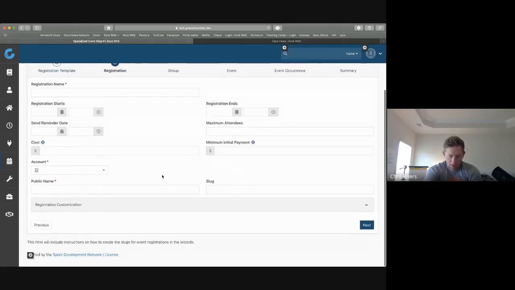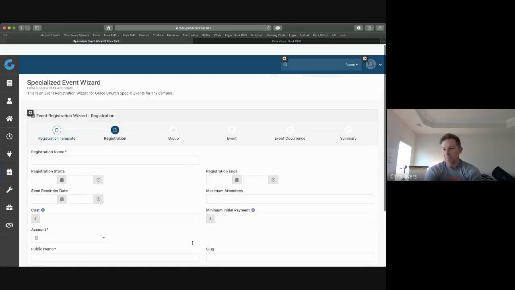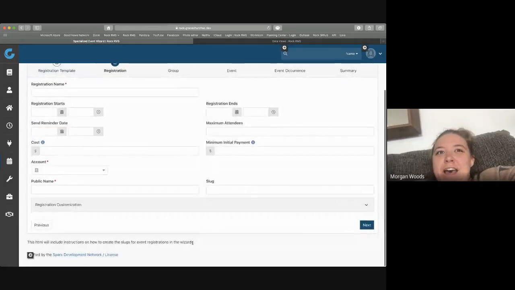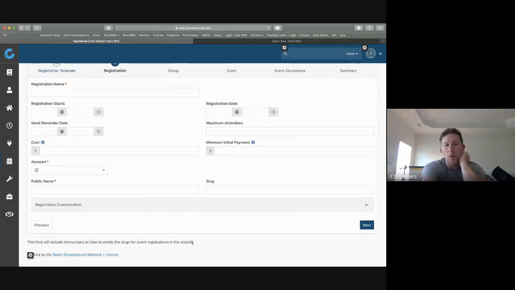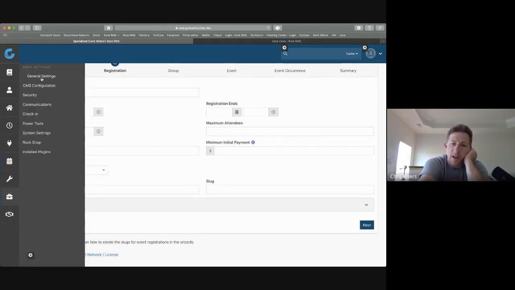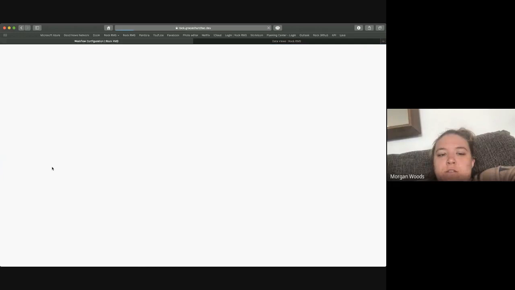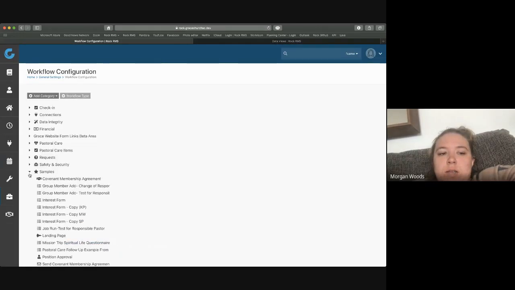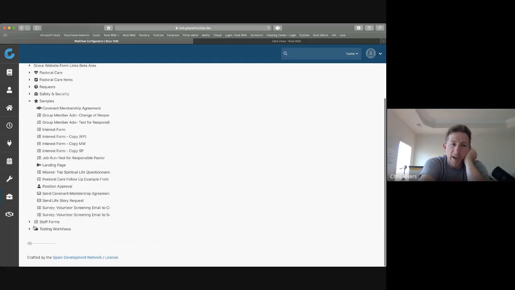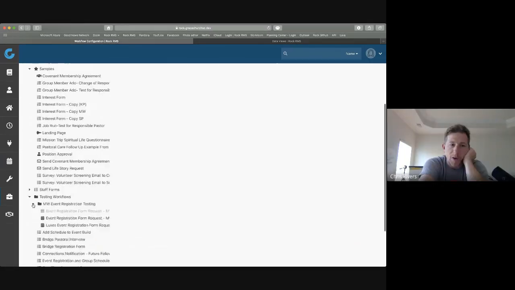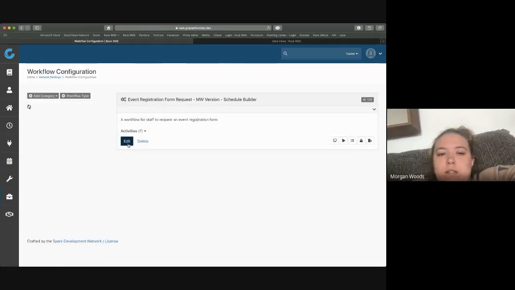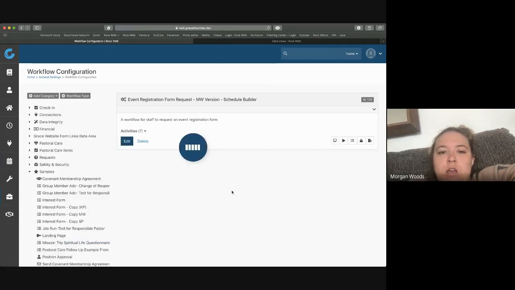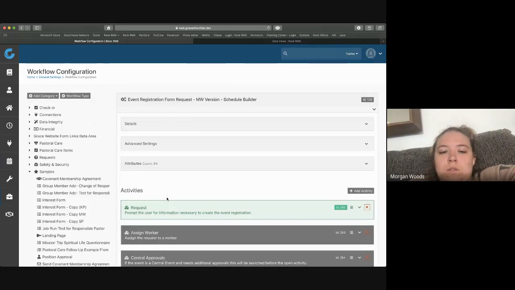Now, what happens if Kirby gets hit by a truck for a week and she stops getting it? What do we do then? Is this a workflow where we can easily change the person that's getting it? Yeah, I'll show you in the workflow I built for all this. Does that live under samples? I think it's under testing. Oh, and then you've got a special folder. This big kahuna in the comms